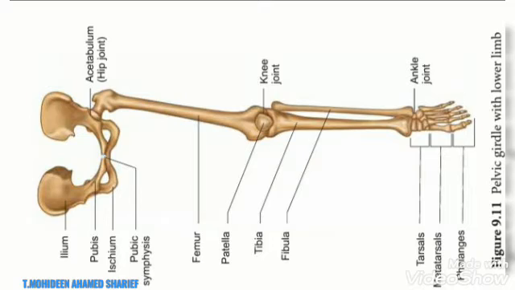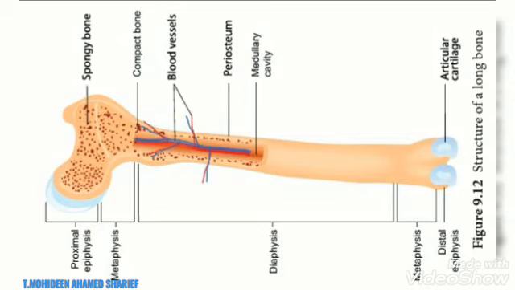Next we will see about the pelvic girdle. The pelvic girdle is a heavy structure specialized for weight bearing. It is composed of 2 hip bones called coxal bones that secure the lower limbs, that is your legs, to the axial skeleton. Together with the sacrum and coccyx, the hip bones form the basin-like bony pelvis.